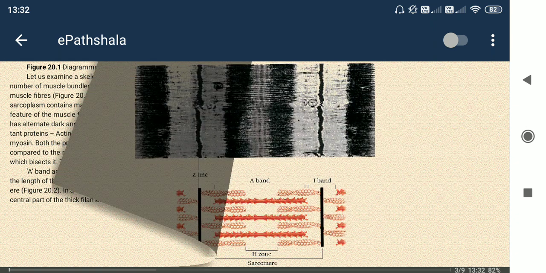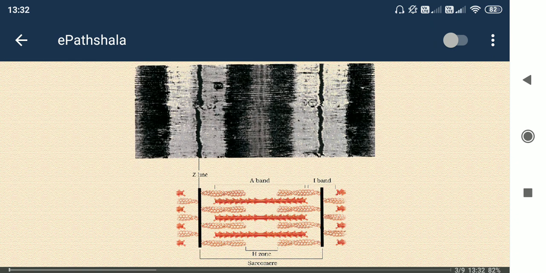Okay, so this figure will show what happens in case of muscle contraction. The Z line and I band, and another one is the A band. A means anisotropic, I means isotropic band. So Z line means the distance between two I bands; between two I bands the Z line is there. So the H zone is in between, inside the A band, the H zone is visible.